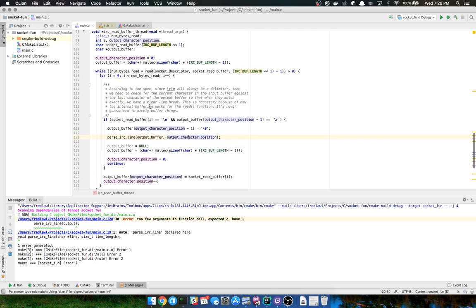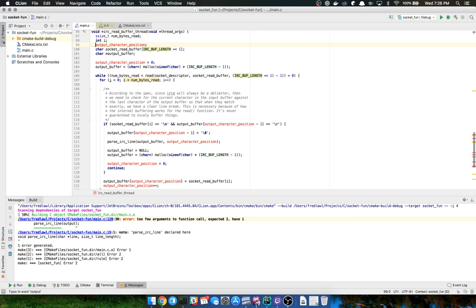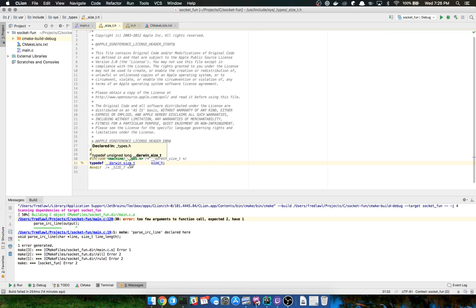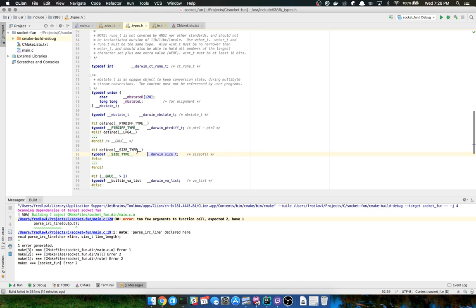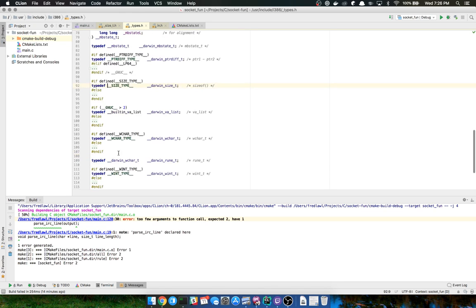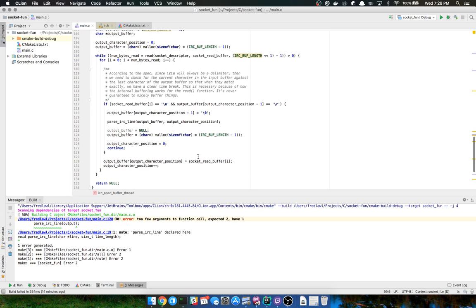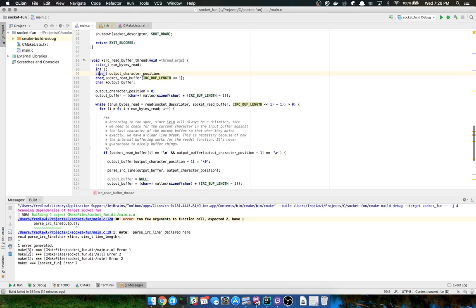So this actually is of size t. Here I have it as an int, so I'm going to go ahead and do that, size t. For those of you who don't know, size t is an unsigned long. Just go here. I guess that's as far as the rabbit hole goes according to the Mac, Apple stuff. You can Google it. It'll explain to you that it's just an unsigned variable that's often used in a lot of APIs.